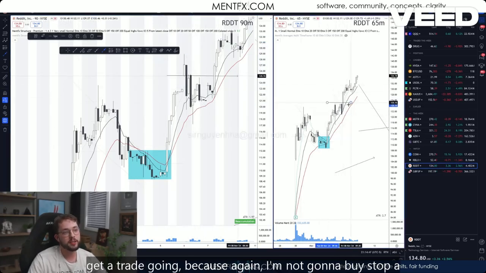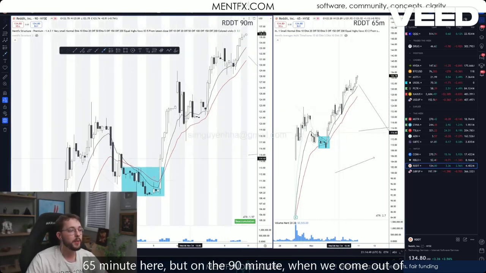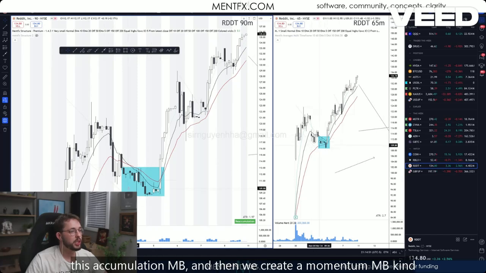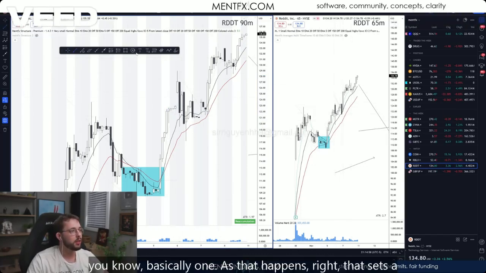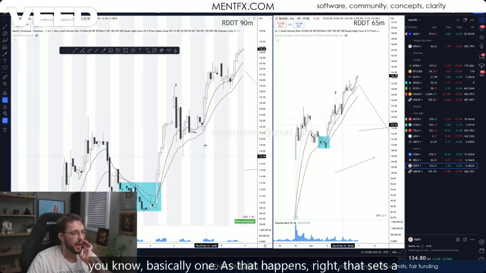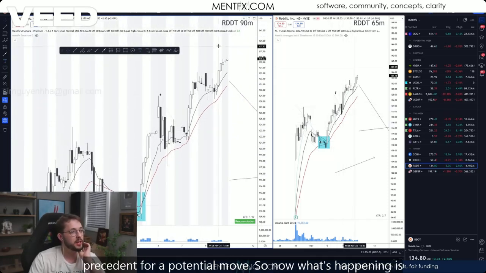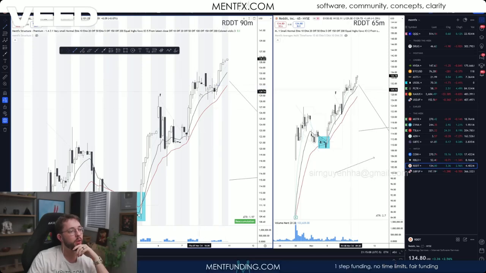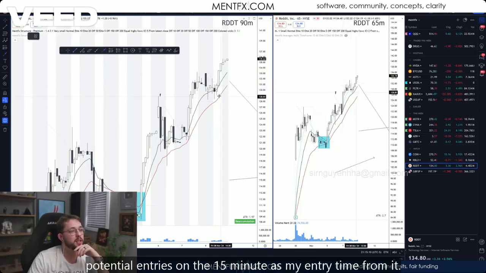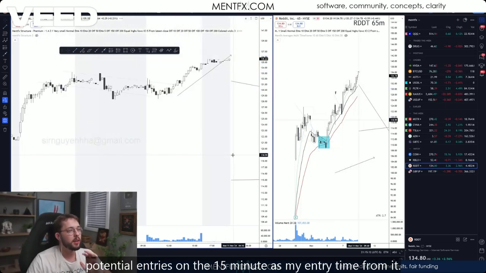Because again, I'm not going to buy stop a 65-minute here, but on the 90-minute, when we come out of this accumulation MB and then we create a momentum MB, kind of 1, then we go into this 1/2, but basically 1. As that happens, that sets a precedent for a potential move. So now what's happening is you have this 1, maybe this is like 2 right here, right? So you have momentum MBs that are now going to act as potential entries on the 15-minute as my entry